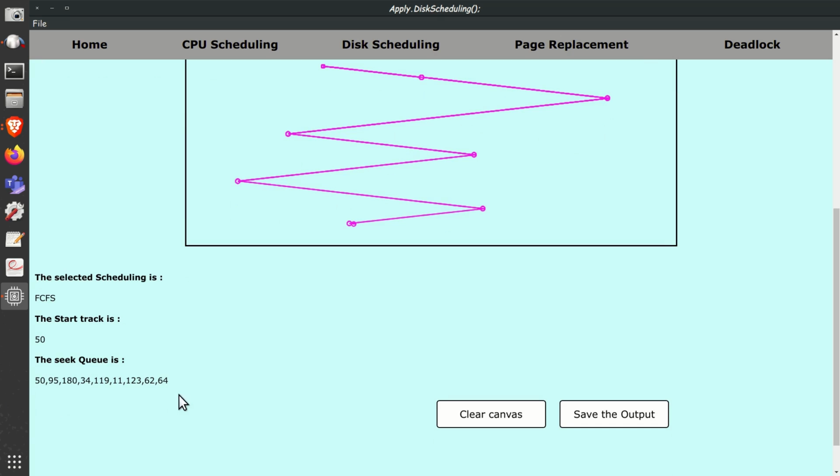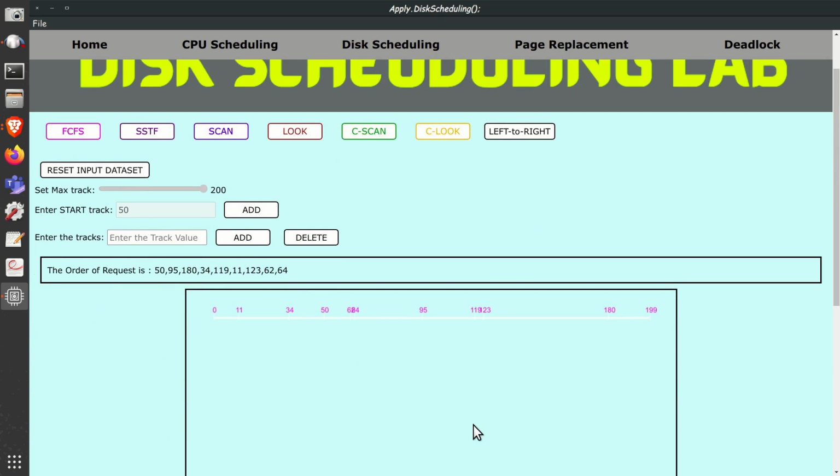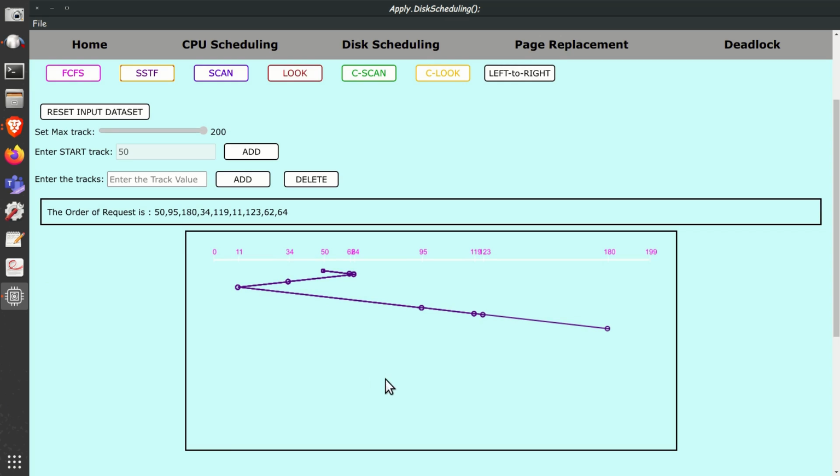Now, firstly, let's clear the canvas and check out the implementation of SSTF algorithm. So, this is the approach of SSTF algorithm for this order request.